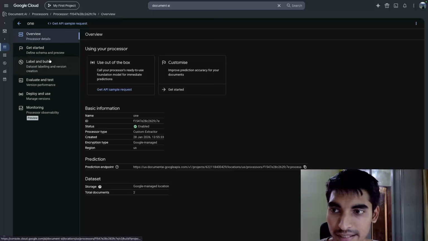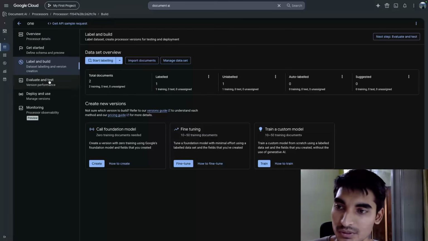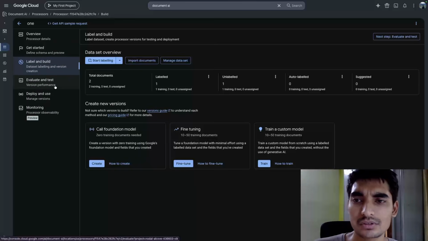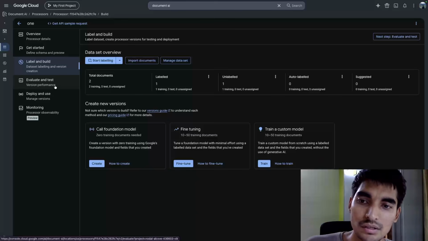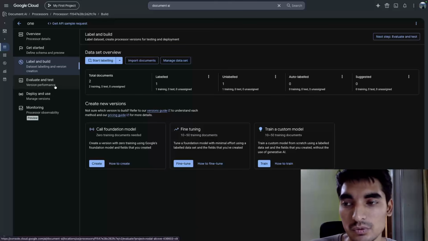I'll label and test it depending on the number of documents that I want to process. Based on this, I'll select the fields that I want to pick up from that document. The majority of use cases that I have come across in the Frappe ecosystem is around extracting purchase invoice data and then automatically creating a purchase invoice out of it.